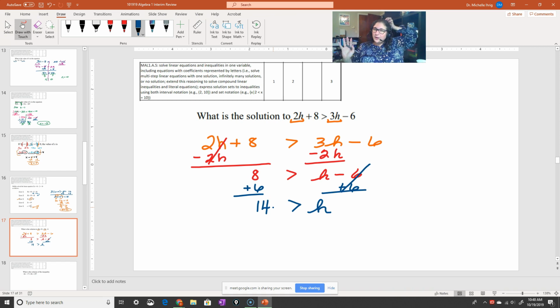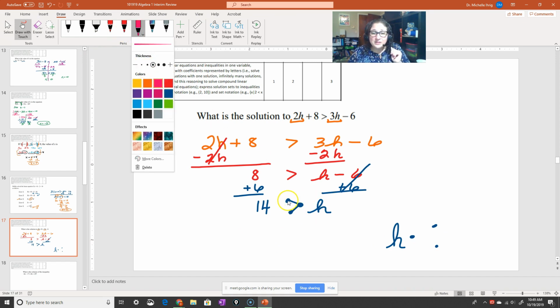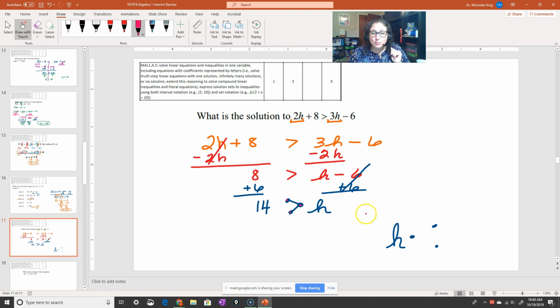Now, here's one thing to think about. The proper standard form is to write the h first. So then what I do is I write my h first. And then I notice I have 1 point by the h and 2 points by the number. So I'm going to write my h, and I know I have 1 point by my h and 2 points by my number. When I do that, that allows me to say, okay, 1 point by my h, 2 points by my number, 1 point, 2 points. Now I can draw my sign in the right direction. So I really would have h is less than 14 as my solution.